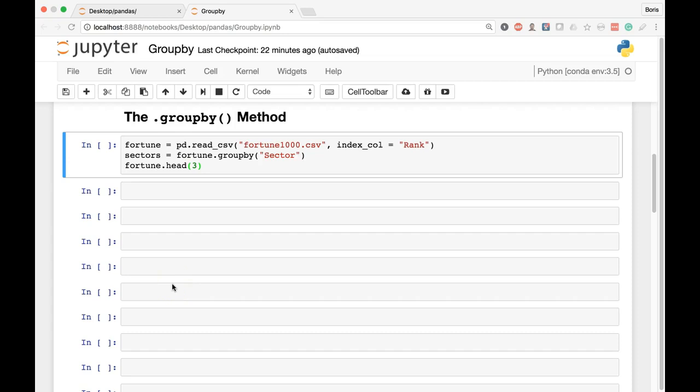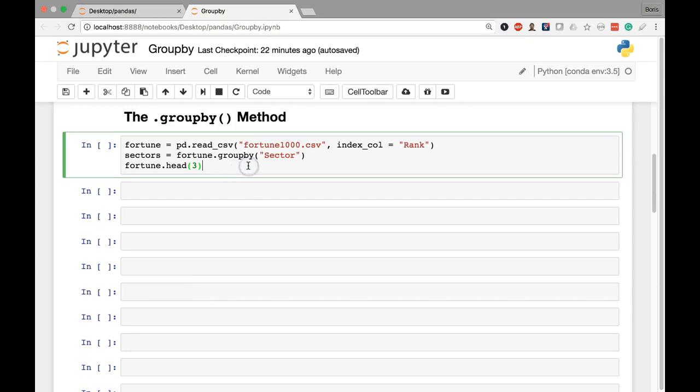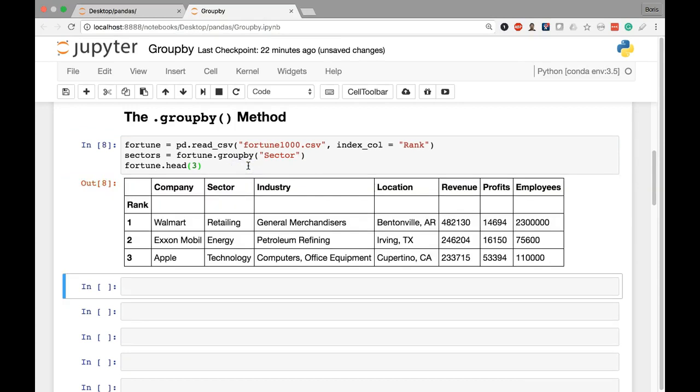Alright, let's continue playing around with our GroupBy object. So I'll re-execute all of our code from the previous lesson. And to review, when we create a GroupBy object, we're basically splitting the data in our original data frame. Now, the object that we've created, which is in sectors in this case, is not a data frame. It's really more of a group of data frames that's bundled together in one object. And so in order to do anything with it, we need to call an operation on the actual grouped objects,